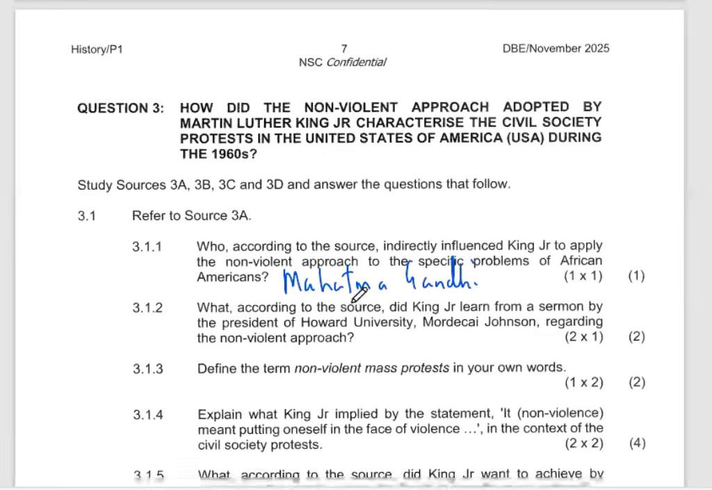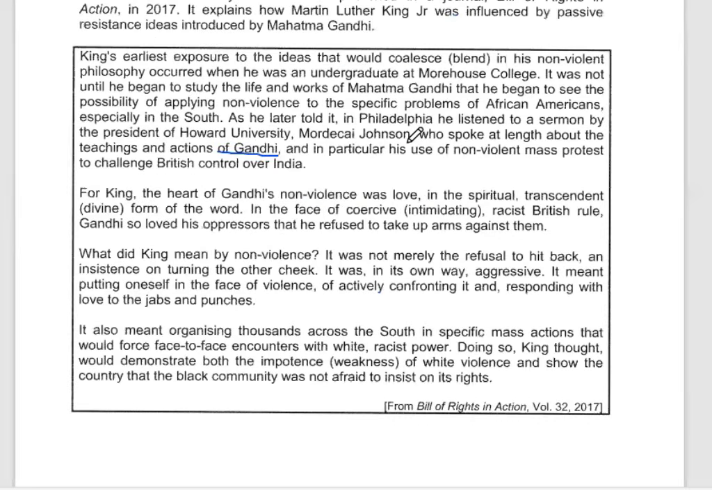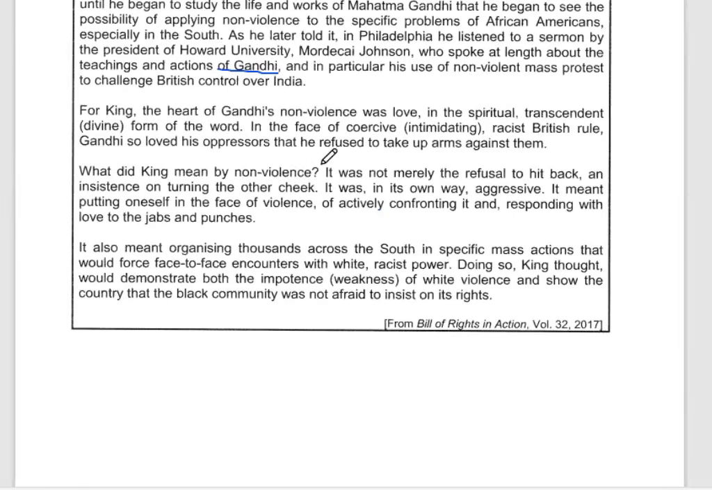India. What, according to the source, did King Jr. learn from a sermon by the President of Howard University, Mordecai Johnson, regarding the nonviolent approach? What did he learn? Right. So this we are going to extract from the source. Right. It says,